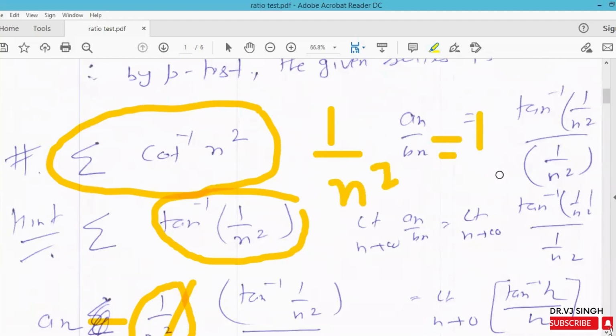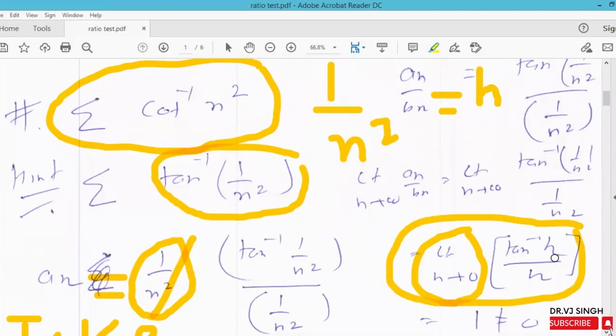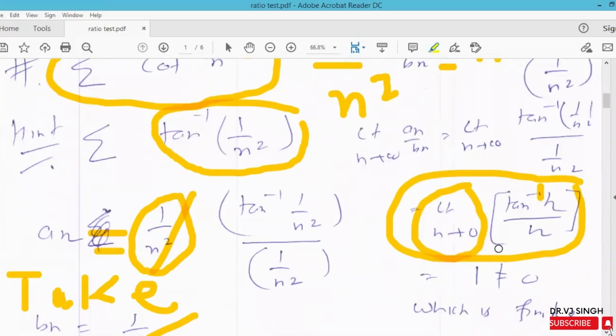So when we change this limit, when n tends to infinity, h tends to 0. So it becomes the limit as h tends to 0 of tan inverse h by h. And what is the value of tan inverse h by h? This is also 1. We can solve it with the help of L'Hospital rule, and this is equal to 1, which is finite and non-zero. So therefore, by comparison test, summation a_n and summation b_n